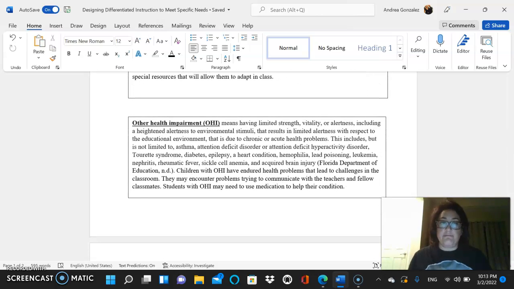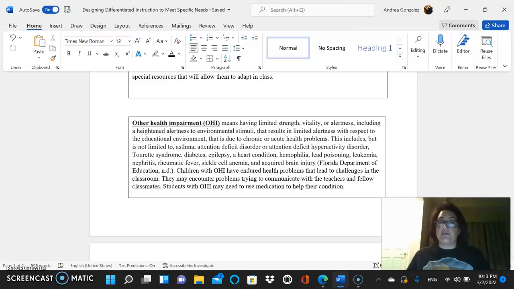My fourth one is other health impaired. These are students that have had some type of medical encounter or issue, and this medical condition has led to limited strength, vitality, or alertness, including heightened alertness to environmental stimuli, that results in limited alertness with respect to an educational environment.